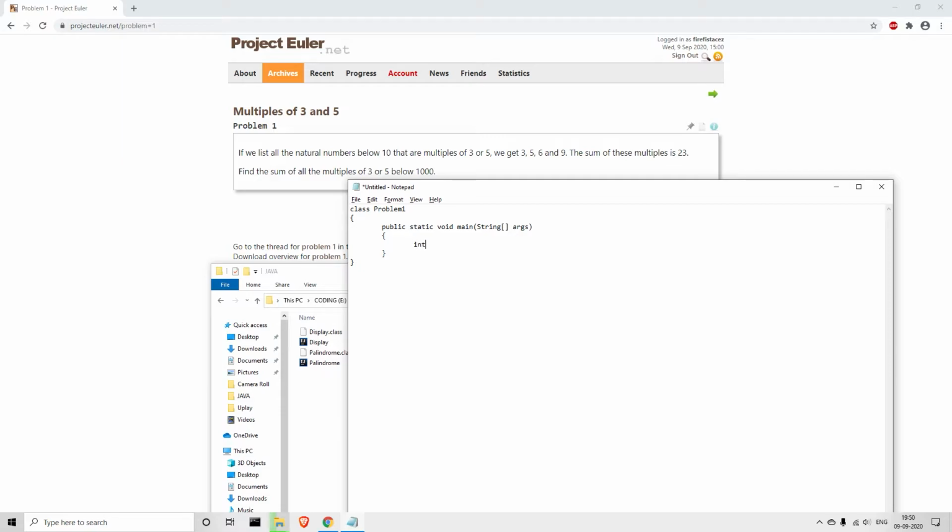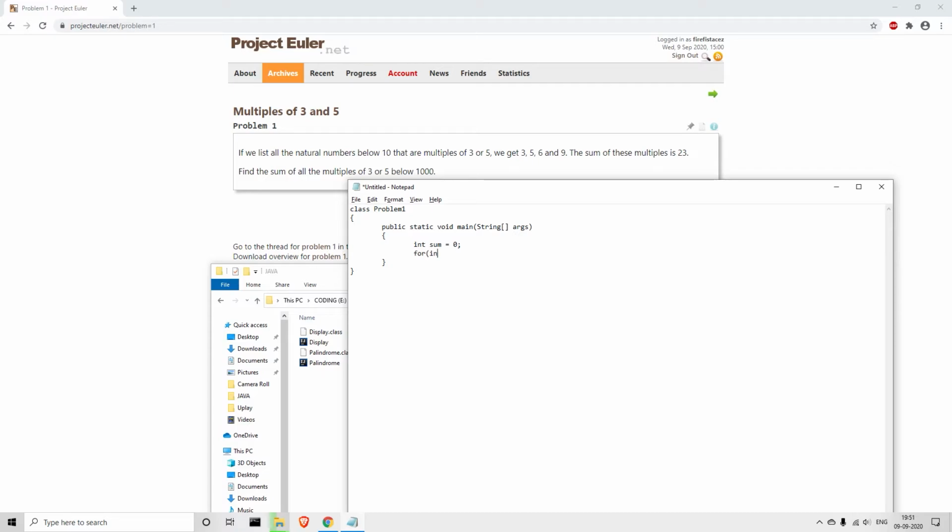To store the sum, I'll give it a variable of data type int, because it cannot be more than an integer since the numbers are below 1000. So int sum equals 0. We initialize it to 0 because we don't want Java to give it any arbitrary value. The first condition is that it should be below 1000, so we are going to check all the numbers from 1 to 1000. Although it might seem tedious, a computer can do it pretty fast.